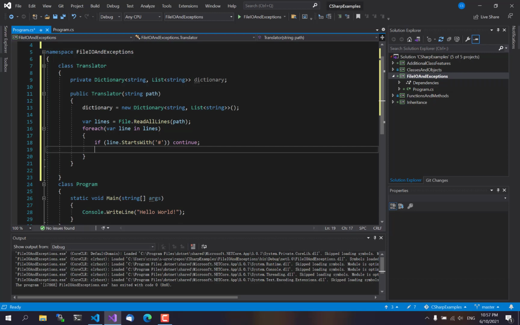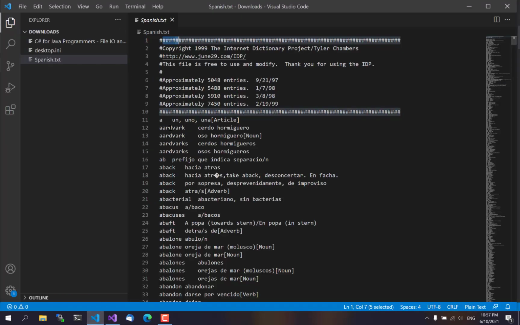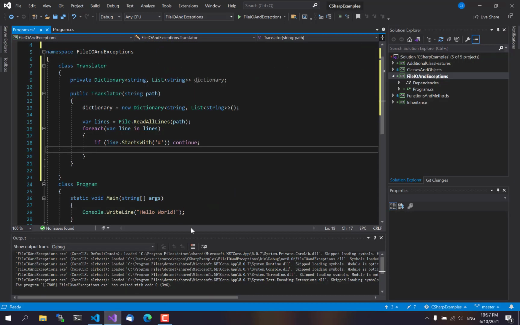And if not, if it's a regular line, then we need to split this line into the English word and the Spanish translation, and we'll do words is